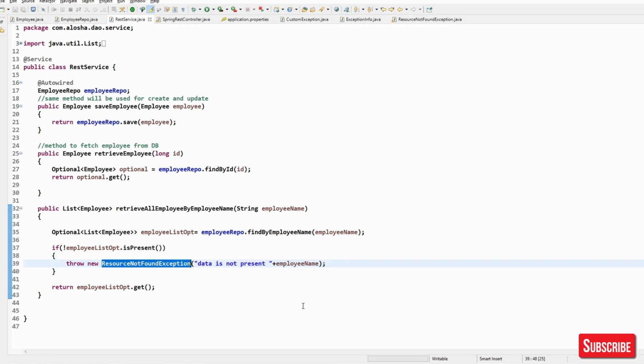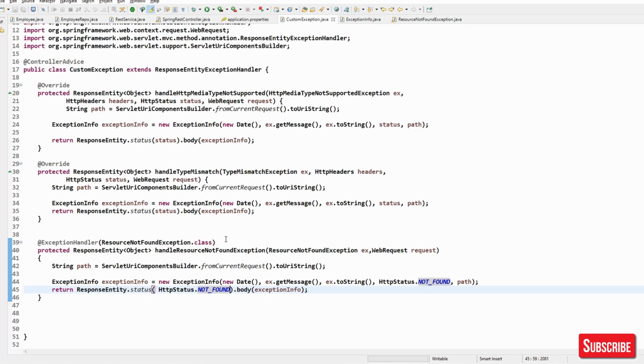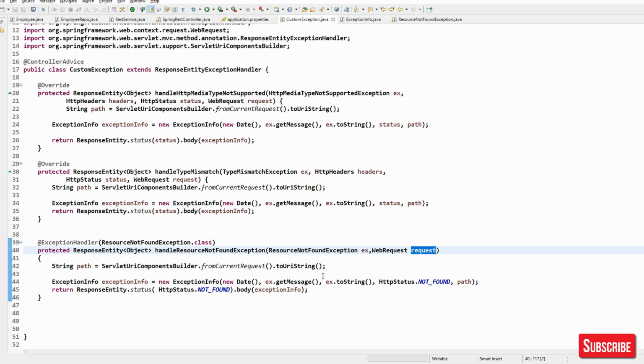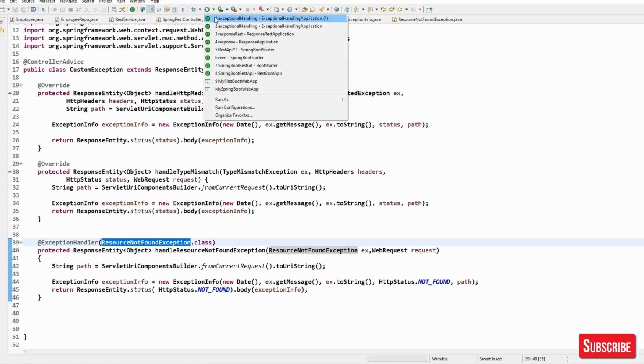Now as soon as you throw ResourceNotFoundException, your custom exception, the global exception handler will come into the picture, correct? And this method will be triggered. Okay, how? Basically Spring Boot is going to send all this information to this method, and by using this information you can send a response to the client. That's what we are doing here. So these are the things that you have to take care of when designing your own custom exception handler. Now let's go and start.